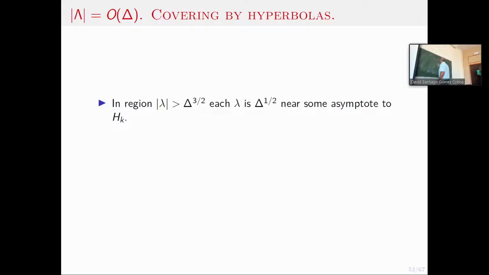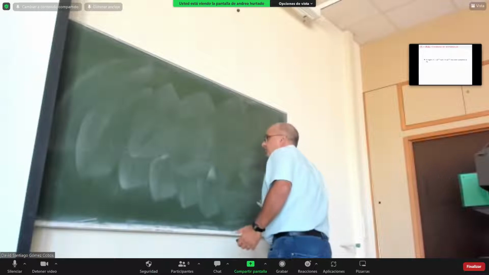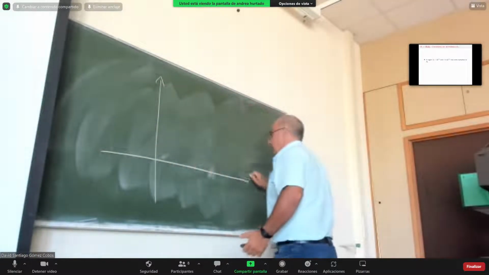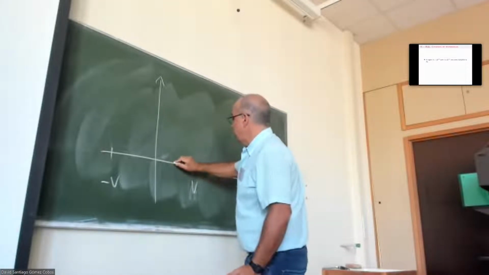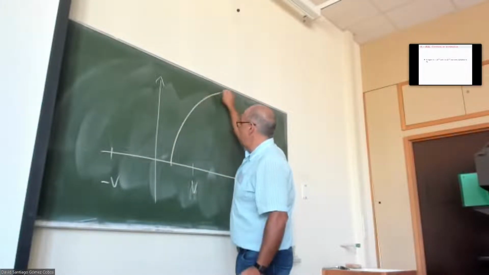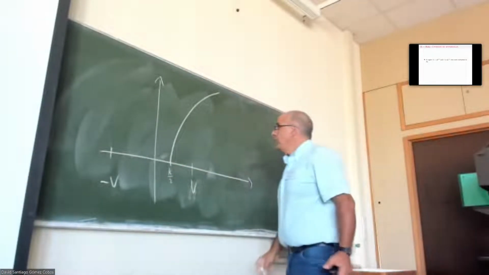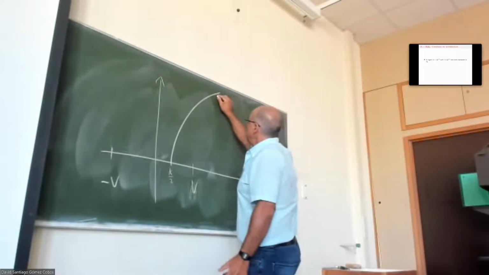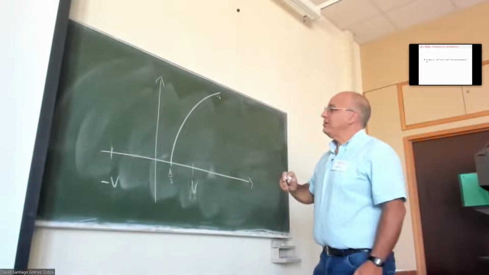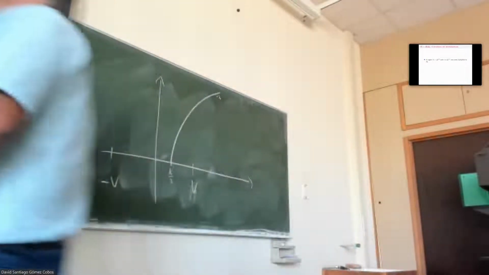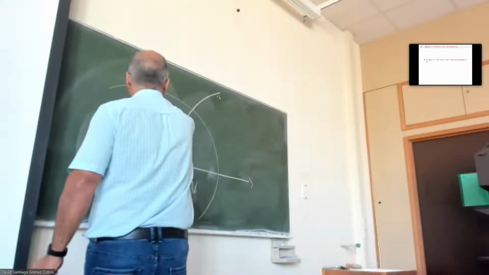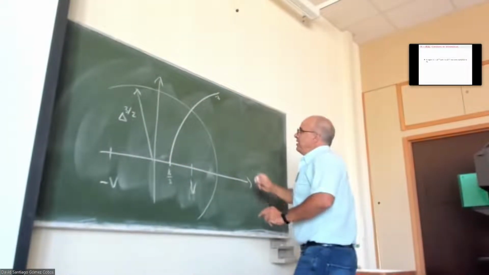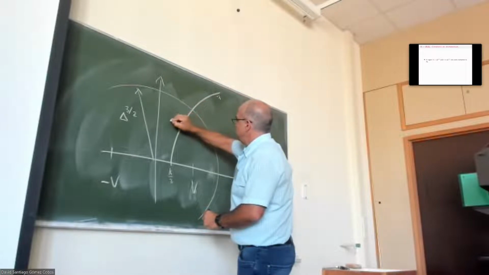If you look, suppose that this is one of the exactly half integer hyperbolas. So this is some k over 2. Where is my lambda going to be? It's lambda going to be maybe here. What we prove is that if you go beyond this distance from the origin, delta to the 3/2, that's what we must do. So if you ignore a disk here of radius delta to the 3/2, if you take all the lambda which are farther away than this, then if you take the asymptote of this hyperbola,